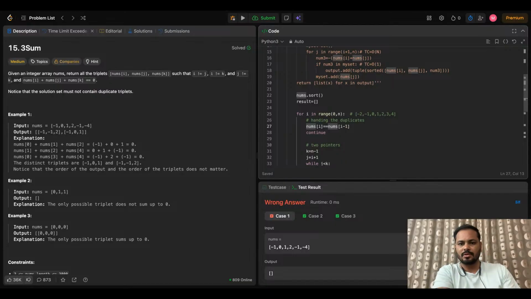But before this, my i should not be equal to 0. So my n should not be equal to 0. If n is not equal to 0, and